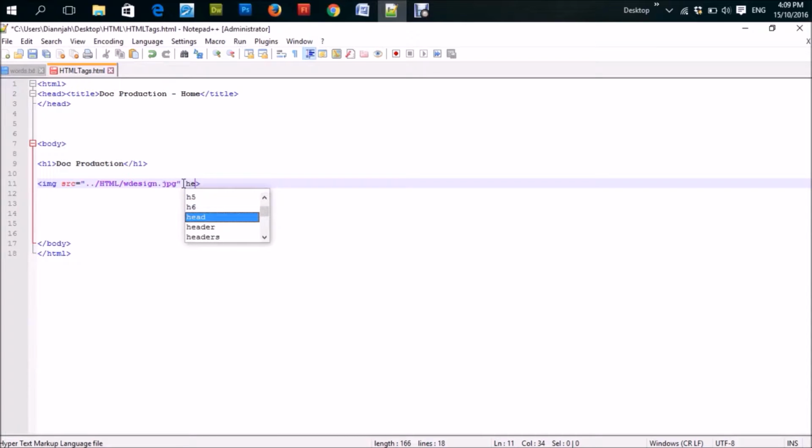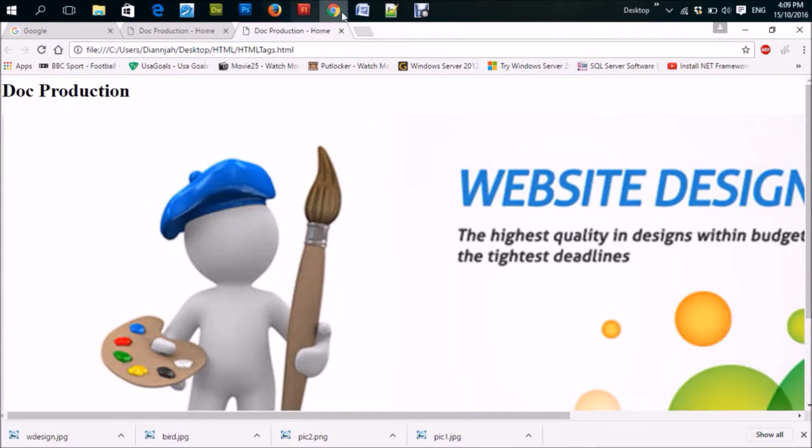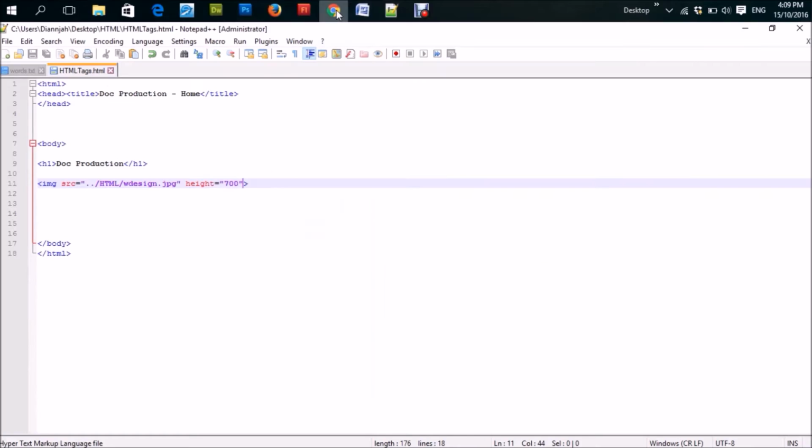So we're going to type height equal open quote, and I want my height to be about, let's see what 700 is, and you save that, come again, refresh. Oh, so that is way too big. All right, let's start small and see. All right, save